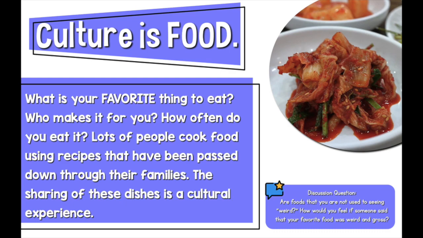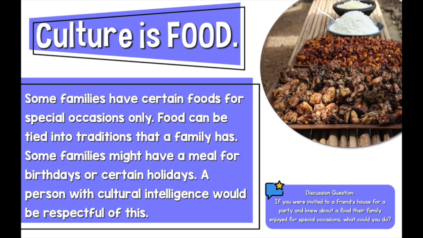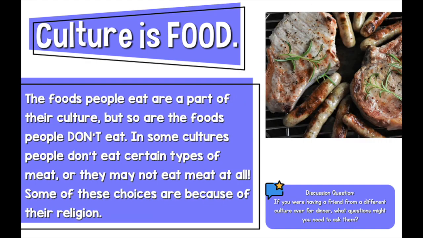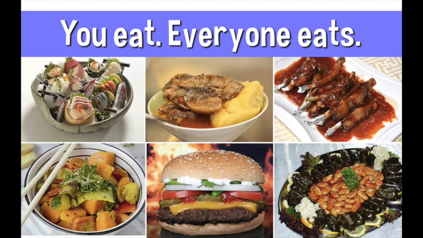So with building cultural intelligence, taking the example of food, we move away from just telling kids that people eat different food, here's some of the different foods people eat, to understanding why people might eat certain foods or why they might not eat certain foods, and how they should respond to the fact that people have different foods for different reasons, and that those foods are important to them for certain choices. They could be religious choices. Doesn't matter. Just be respectful of it. Understand that it occurs, and just be respectful.